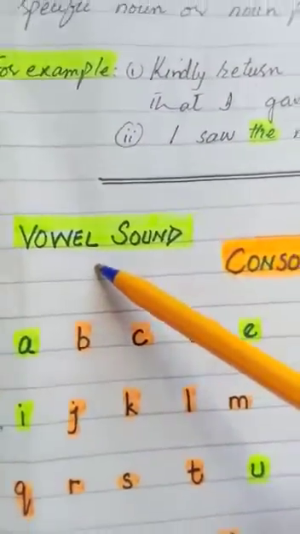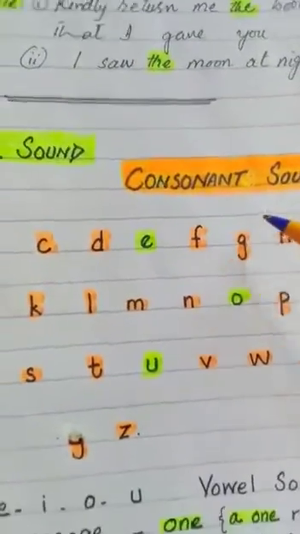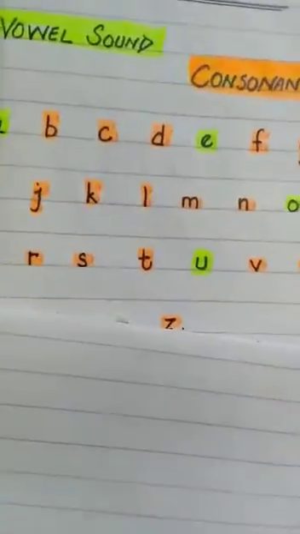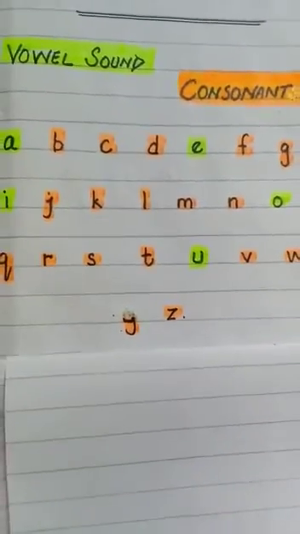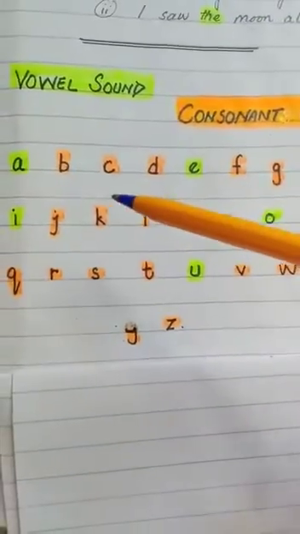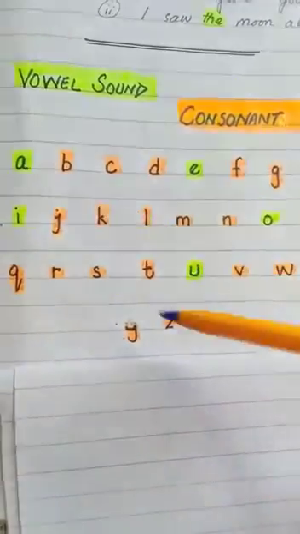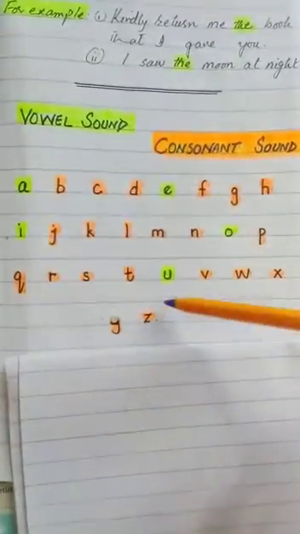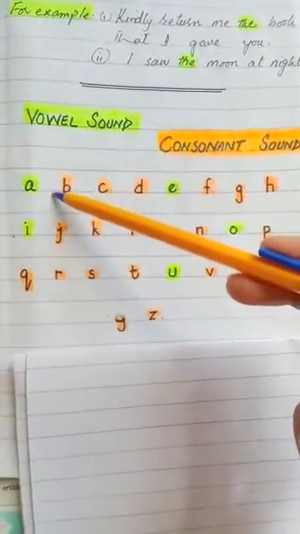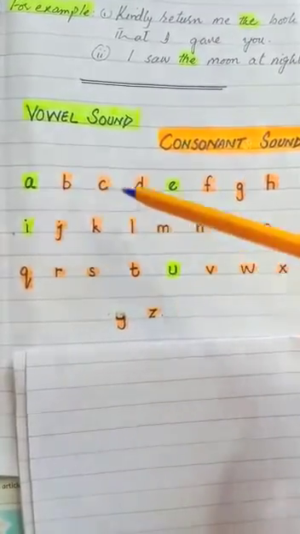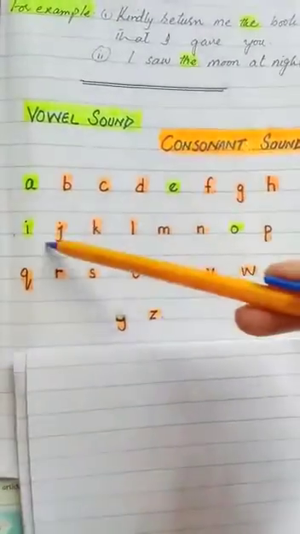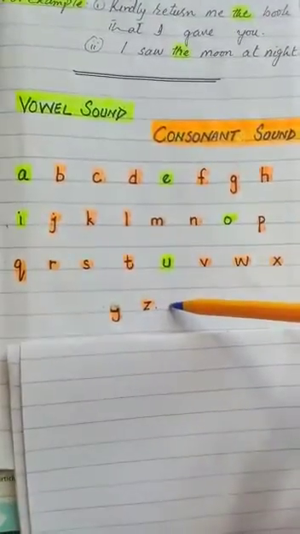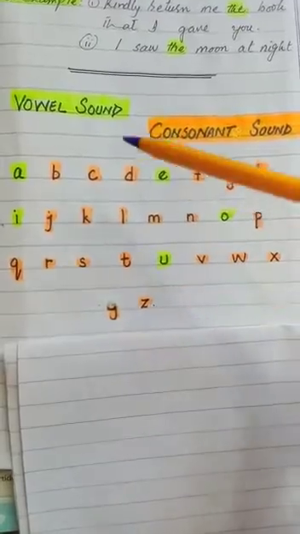Sounds. Vowel sound and consonant sound, and there you can see the alphabets from A to Z. Dear students, in English grammar we have 26 alphabets, from A to Z. In this A to Z series, you can see I have highlighted A, E, I, O, U with my green highlighter, and the remaining ones I have highlighted with my orange highlighter. Because